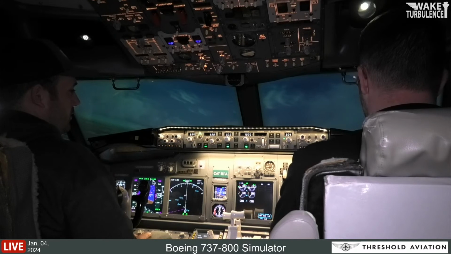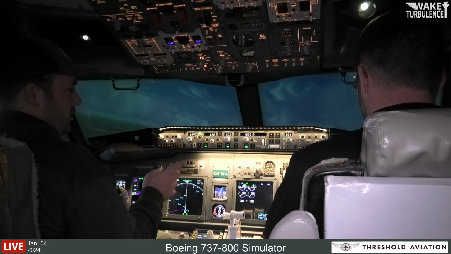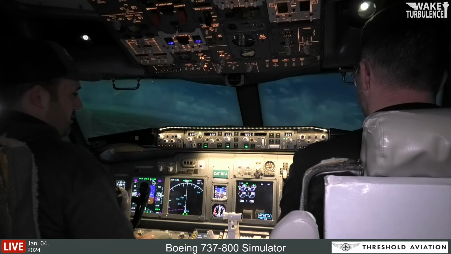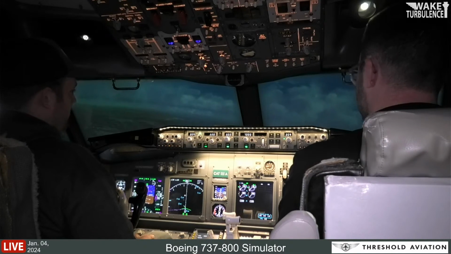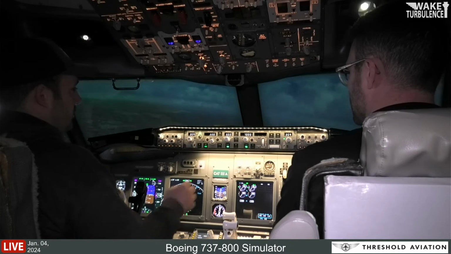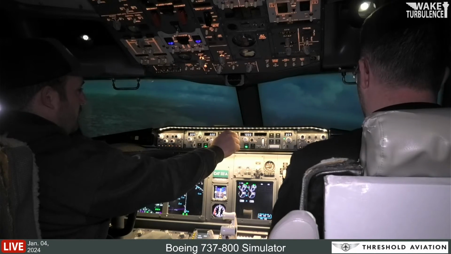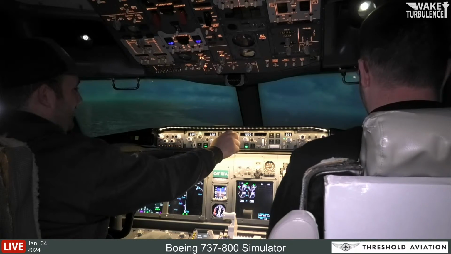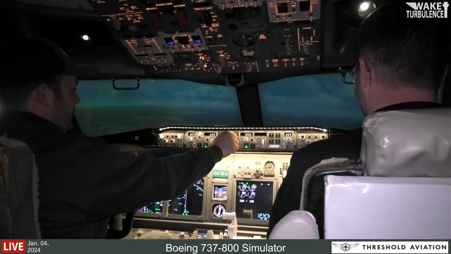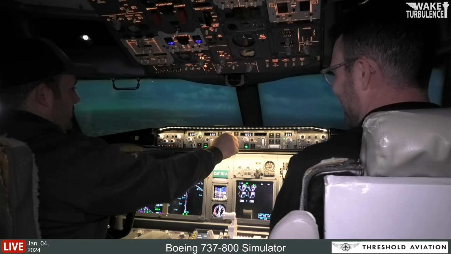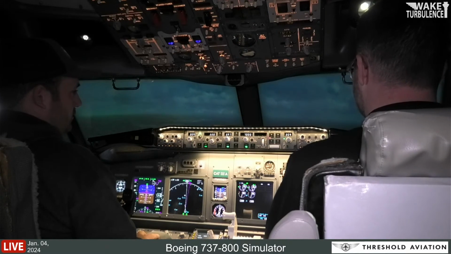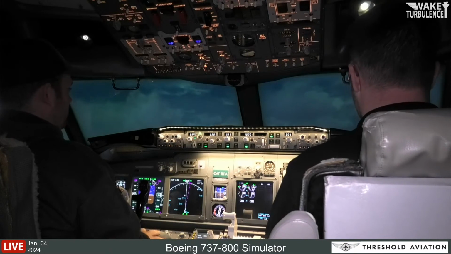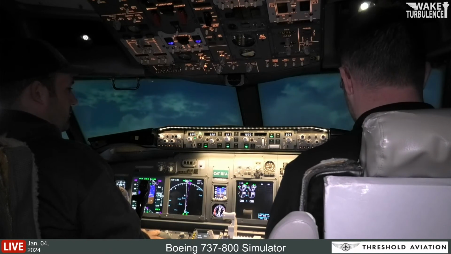So will it, in theory, if we have altitude hold on, do we need to engage the autopilot, or is there another button we need to press? Yeah, but first set your heading. Set your heading to 097, which is what you're heading right now. The middle one, yeah. Okay. Just so bad at this. 097? And then to engage autopilot, you would press this. And let go of here. Let go. All right. So it's turning to 097.